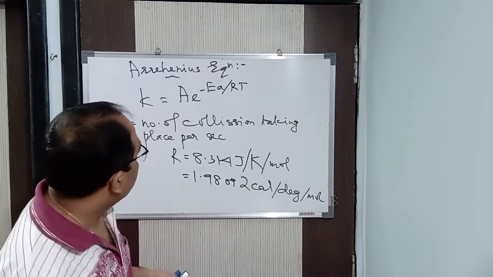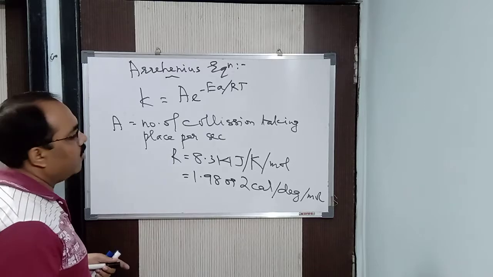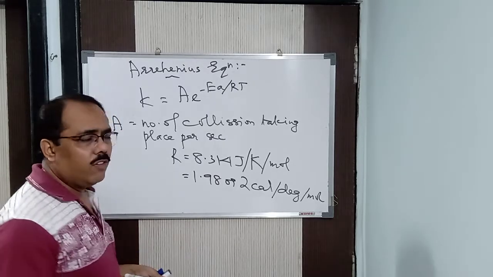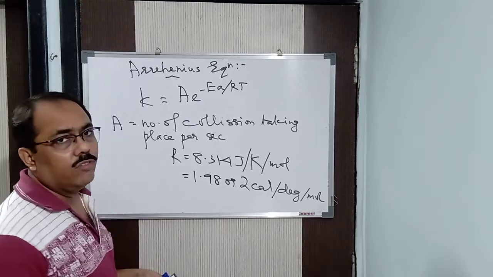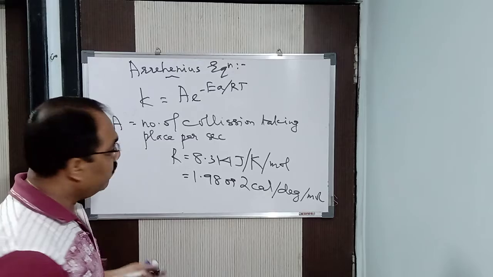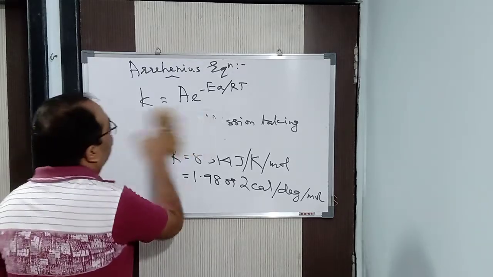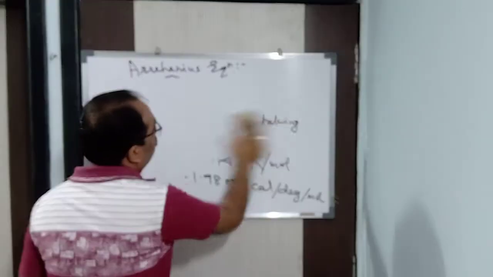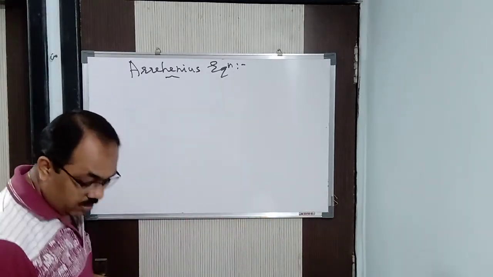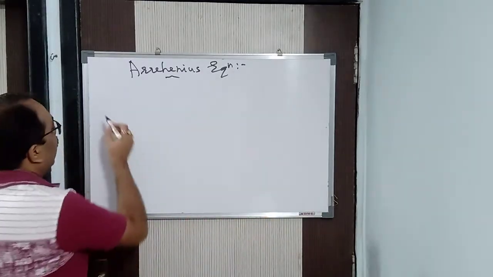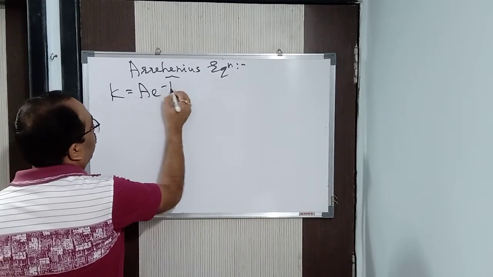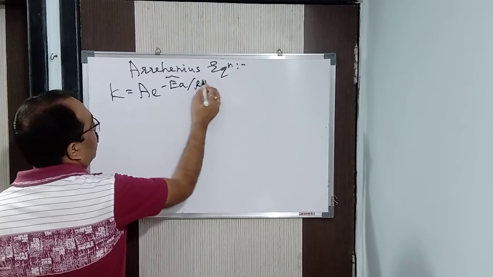So this formula is in exponential form. Now, exponential form is not so easy to work with. We need to convert it into logarithmic form. Once we convert it into logarithmic form, it becomes easier. Out of these, any one will be unknown to you, and you need to find that particular one in the numericals. Now, I will convert this into the logarithmic form. So k is equal to A e to the power minus Ea by RT. I am writing it once again.